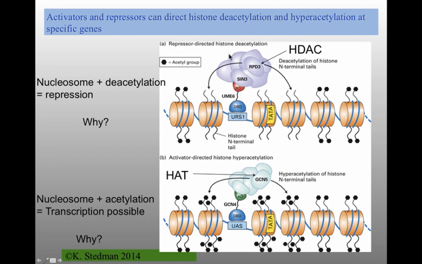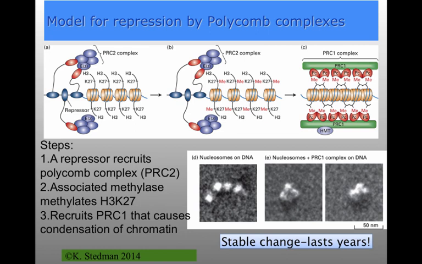The flip side of that is when you have a silencer sequence, which binds to a repressor with a repression domain. This binds to a co-repressor. So you've got co-activators and co-repressors. This co-repressor is a histone deacetylase, which will take those acetyl groups off. And again, taking the acetyl groups off, the TATA box is not going to be accessible. We're not going to have access to it. So this is what you have, really rapid regulation: histone acetylation and deacetylation. You also can have the longer-term process, which is the methylation leading to much more heterochromatin formation.